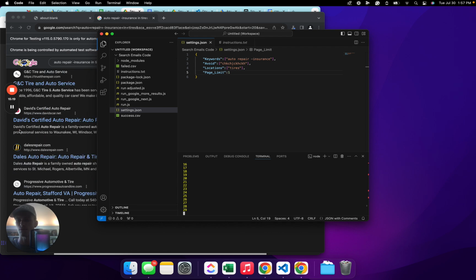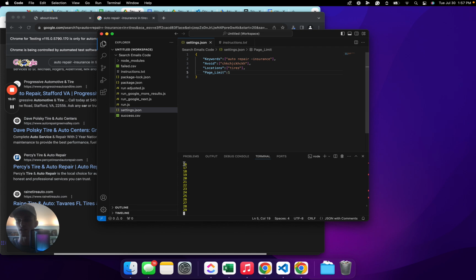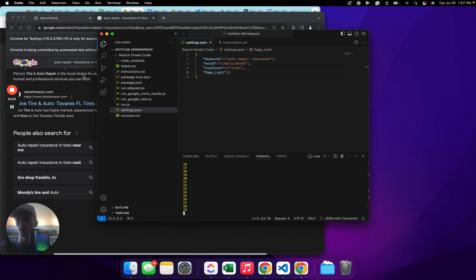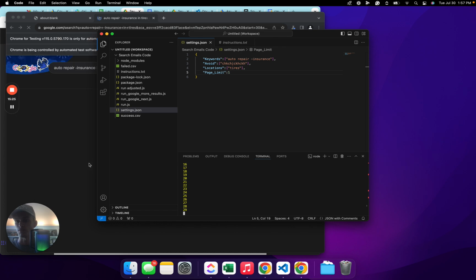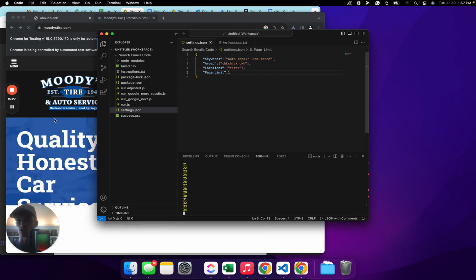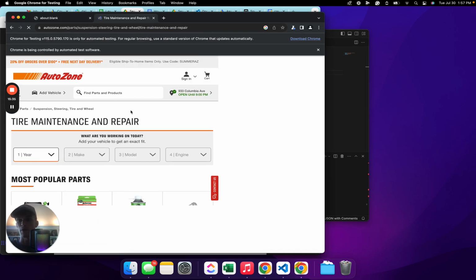We may not have saved the correct settings. One moment. We'll see if it goes through again. Okay, so it's just going to keep clicking until it reaches its page limit. Sometimes it can go a little bit over its page limit, but as you can see here, the websites it's